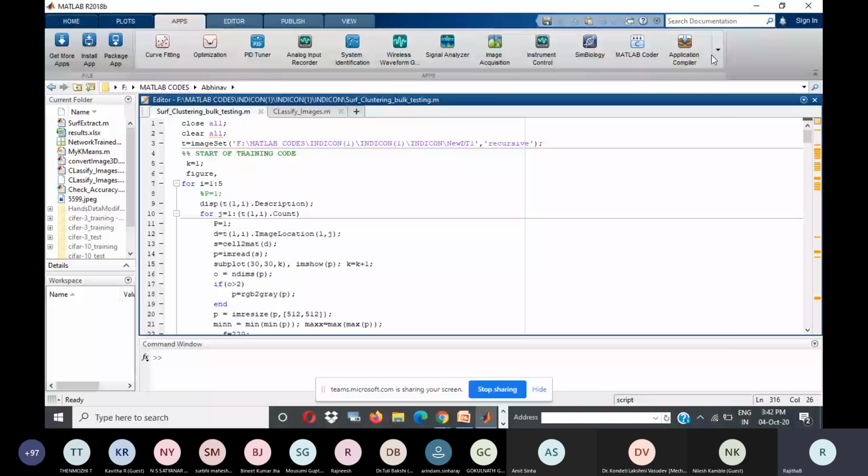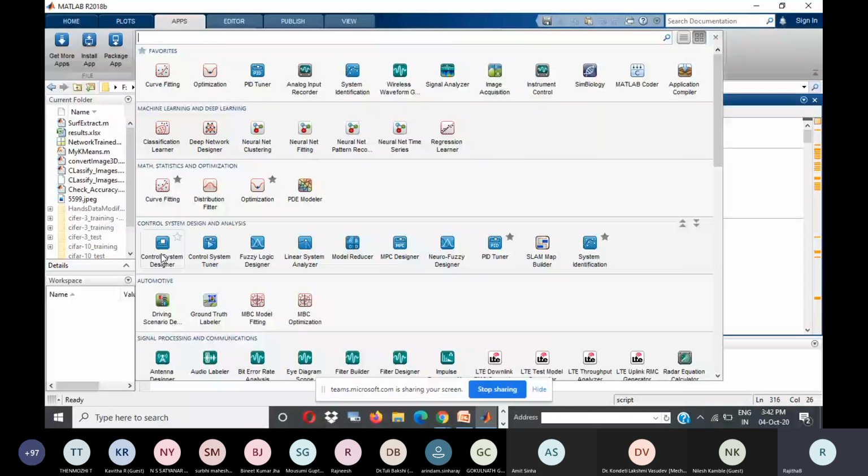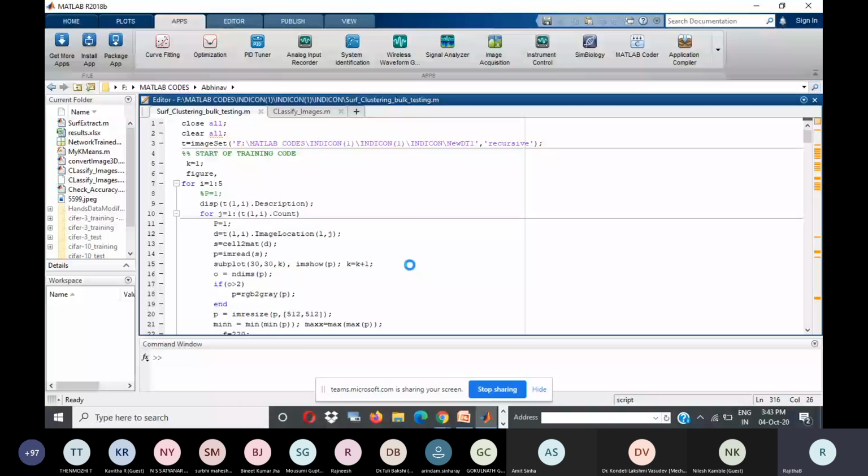this classification learner. So it's a GUI tool, graphical user interface tool, wherein you can click it and you can import some data. That means for this classifier, the features must already be ready with you. Okay, it cannot extract the features. Already the features must be ready with you. Once the features are ready, you can use that classifier model, like the one I'll show you here.